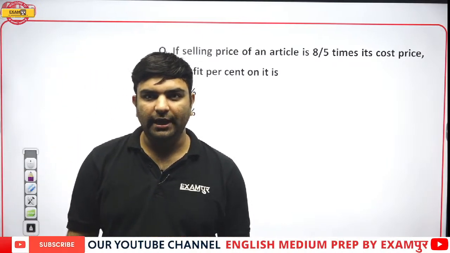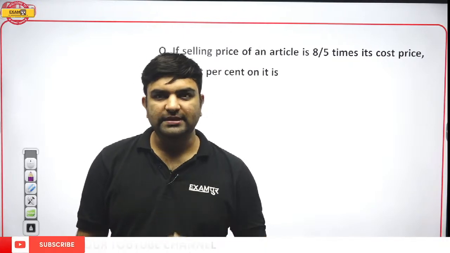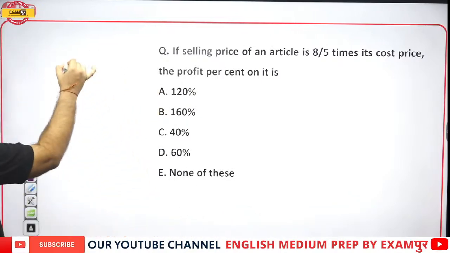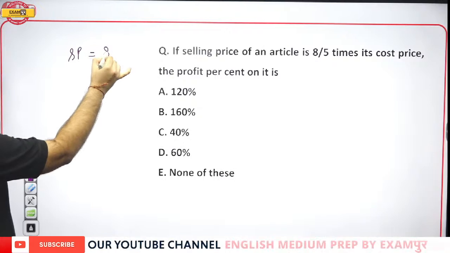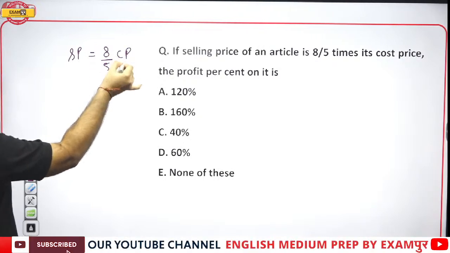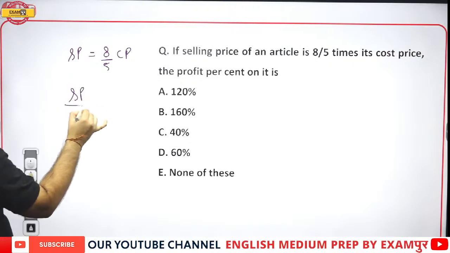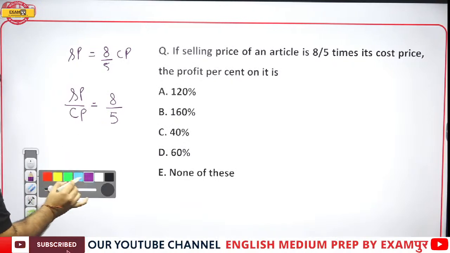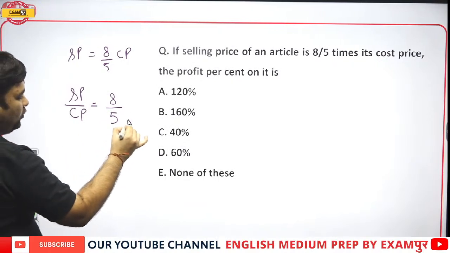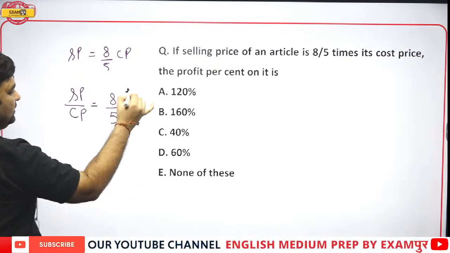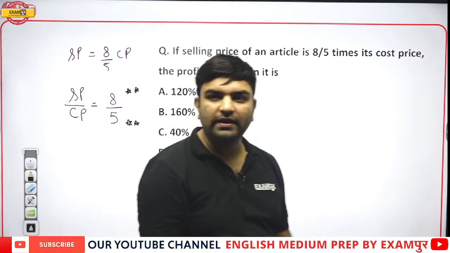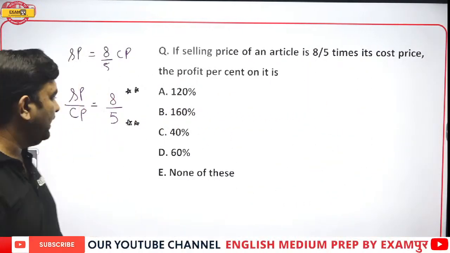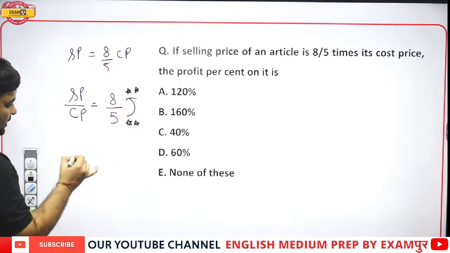Selling price is 8 by 5 of the cost price. You will say, sir, selling price is 8 by 5 of the cost price. Take the CP below, so selling price over cost price will become 8 by 5. What does this say? An article of rupees 5 is being sold for 8. So you will say there is a profit of